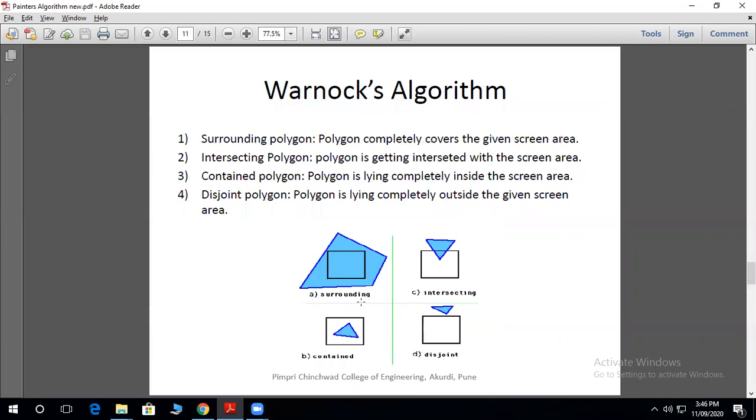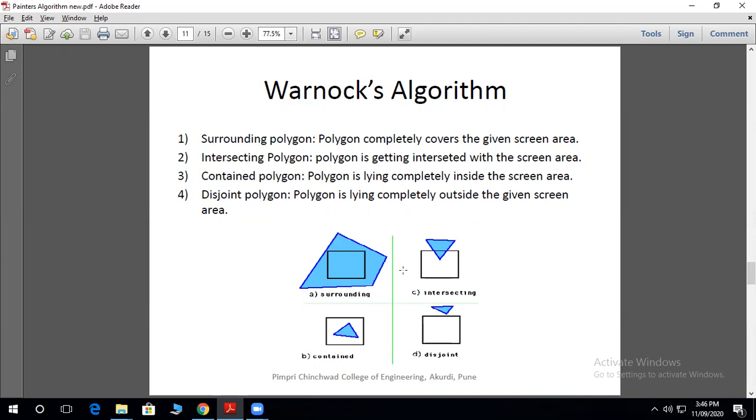Surrounding polygon: consider this figure. Here this is the screen area, and this is the polygon. The polygon is completely covering the given screen area.